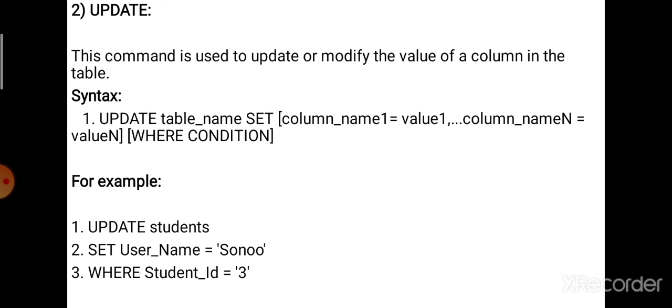Example, update students set username equal to Suno where student ID equal to 3. First the command will identify the record which has student ID as 3, and then it will update the student name as Suno in place of the existing name. So this is the use of the update command.